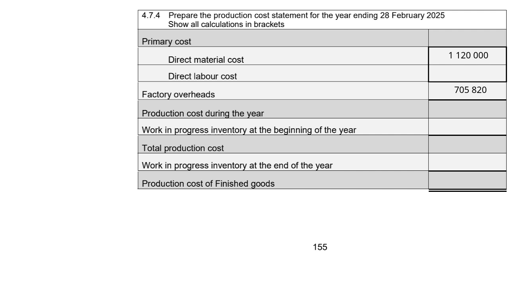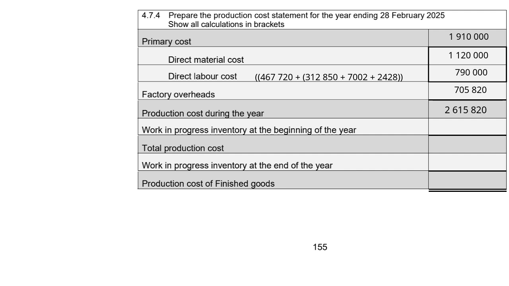So then we need to consider the gross wages of 312,850 plus the contributions, your medical aid 7,200 and your UIF of 2,428. If we add all of those amounts together, then our direct labor costs will be 790,000 Rand. So our primary costs will be our direct material costs plus our direct labor costs added together, and that gives you 1,910,000 Rand. So our production cost during the year will be our primary cost plus our factory overhead costs added together,